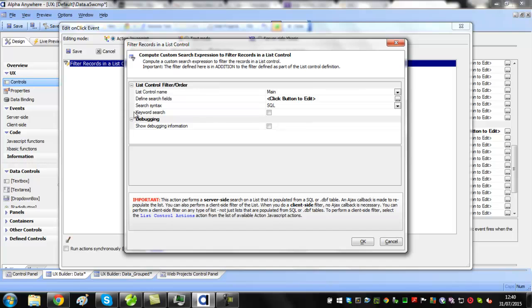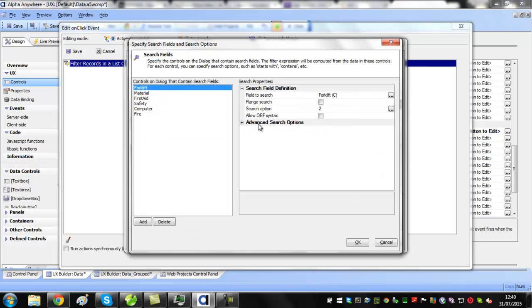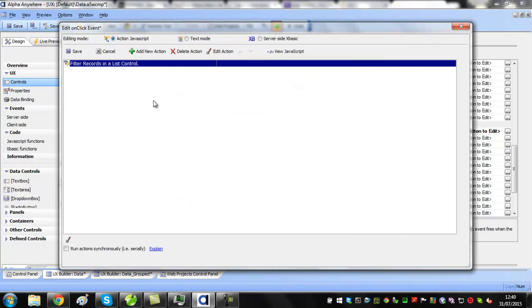So again, no QBF this time, QBE this time, but each of the fields now are individual. So we filter, that reduces it, we filter again, it reduces it again, and it just goes on in that